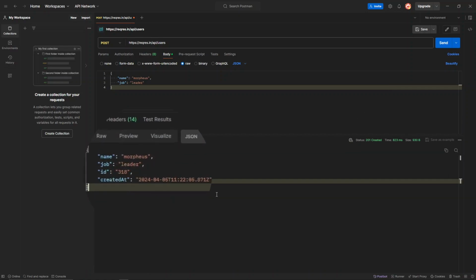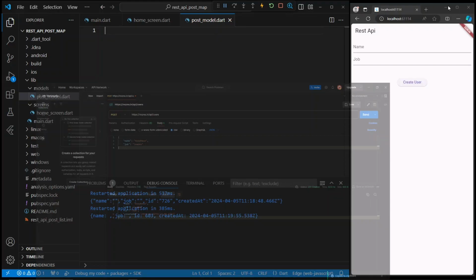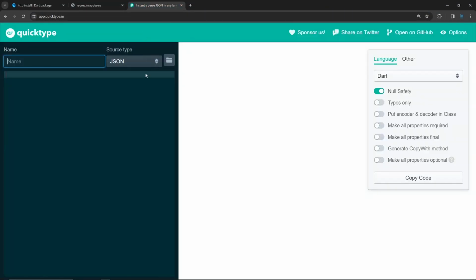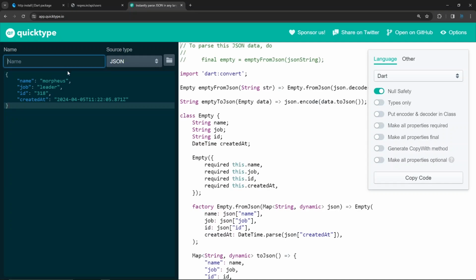Like this. Once this result has been copied from the Postman page, paste it into the QuickType page for the model to be developed.